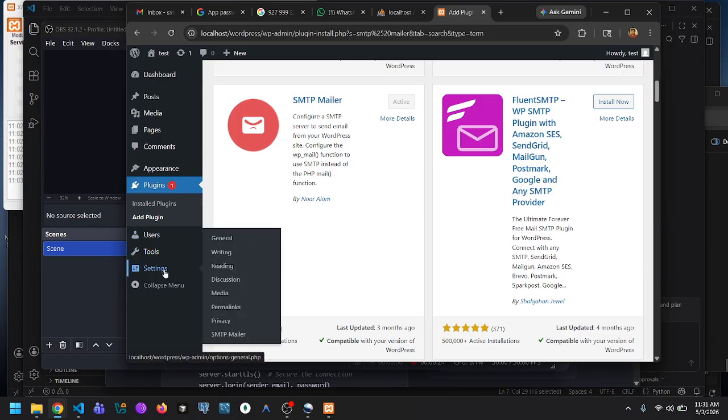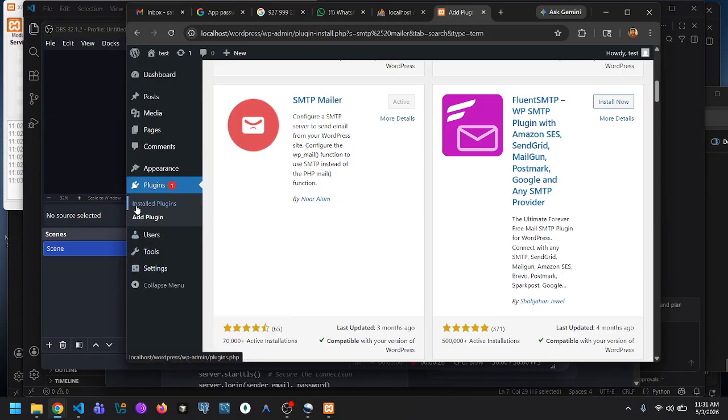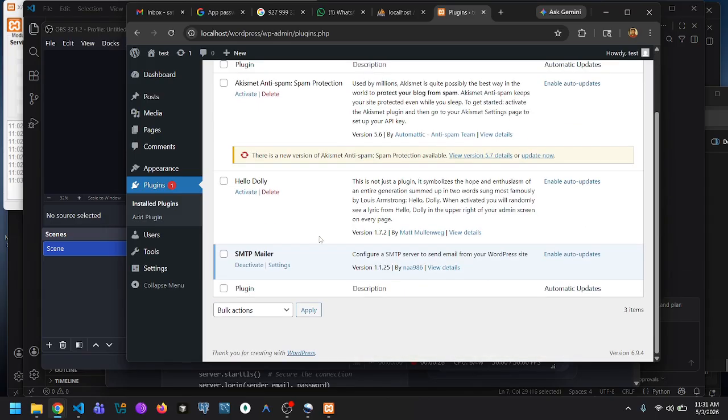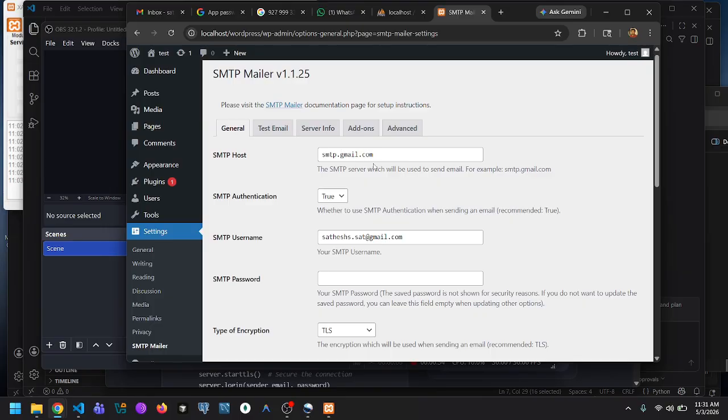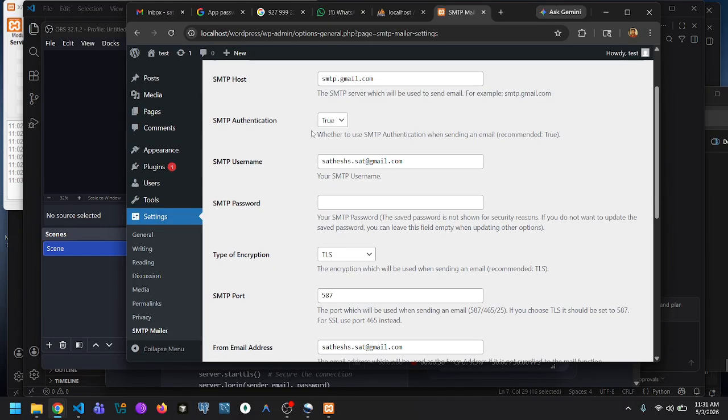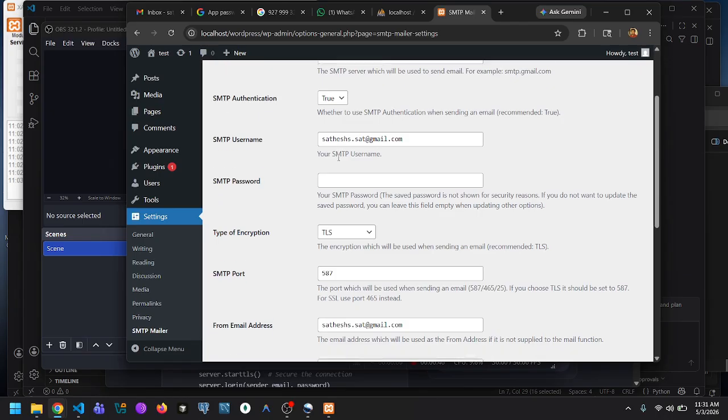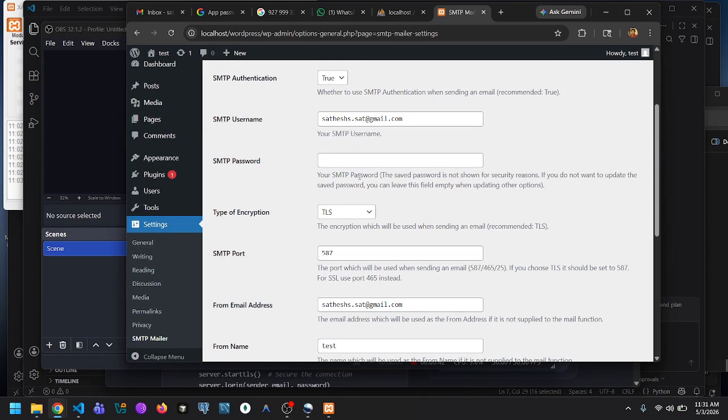Now click on install the plugin. Once it's activated, click on settings. Provide the SMTP host, smtp.gmail.com, and SMTP authorization is true, and set the username and enter the password